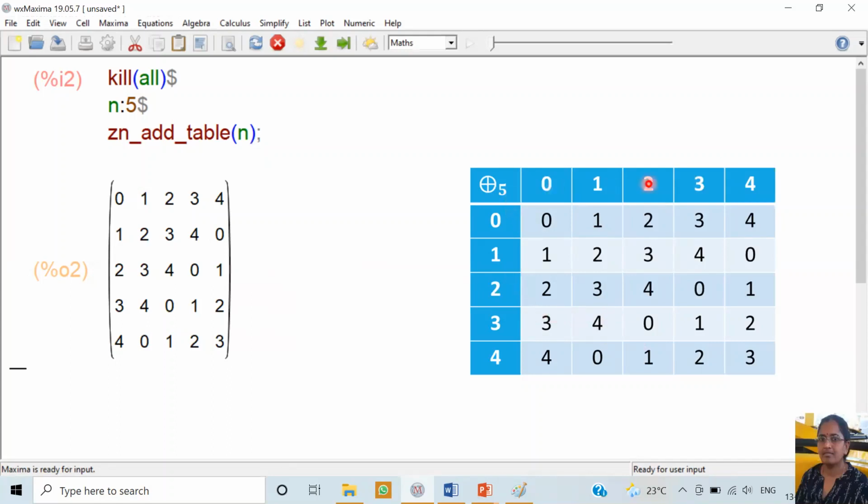Here we had the first row and first column which contained the elements of Z5, whereas in this output, we get only the elements which are obtained after the operation using addition modulo 5.